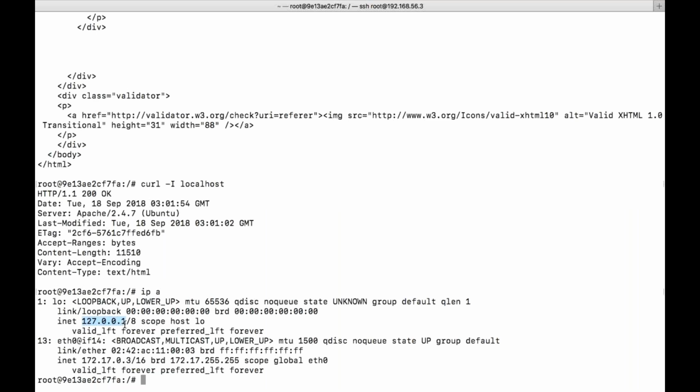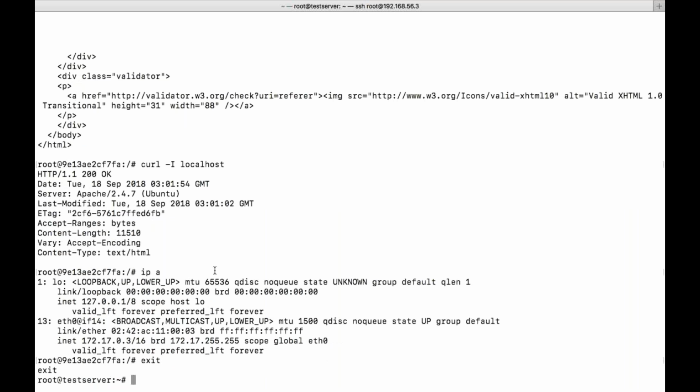So this is how we need to run your container. See, I gave the exit command. Immediately it stopped your container. It has stopped. You can see here, just 9 seconds.